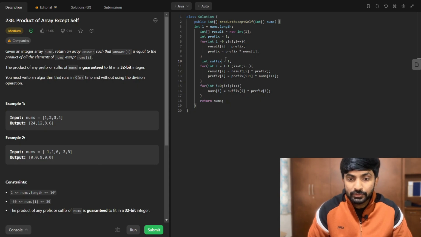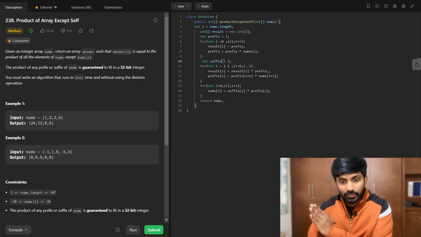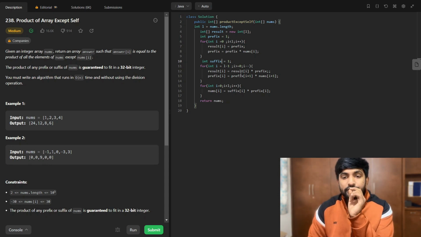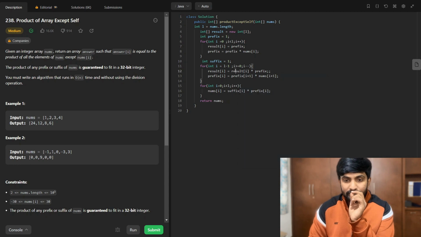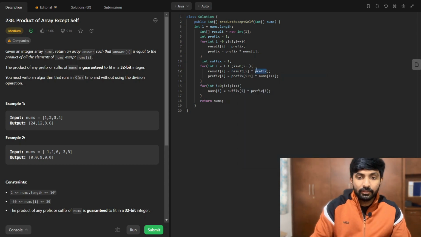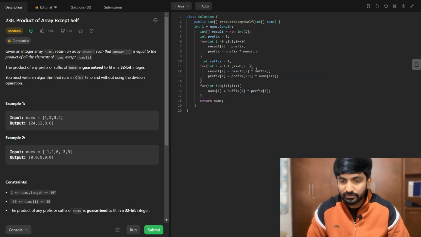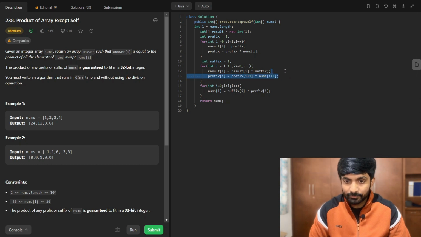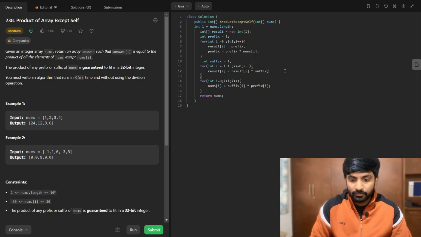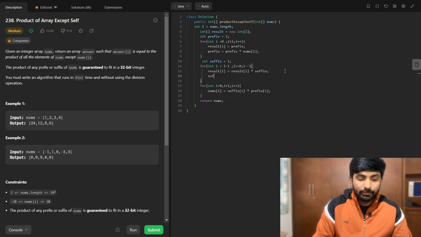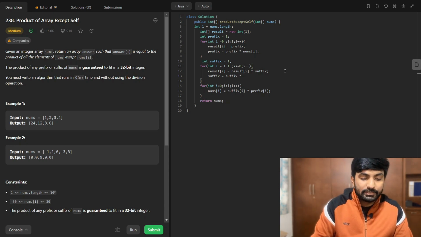right? So here my suffix is starting from 1, my result is updating with my current result, which holds the prefix, for which I am multiplying my suffix, right? Then I have to update my suffix with current suffix into my current value, which goes for the next element,